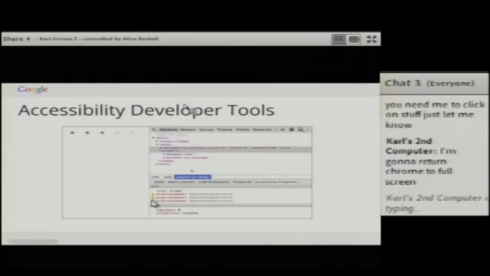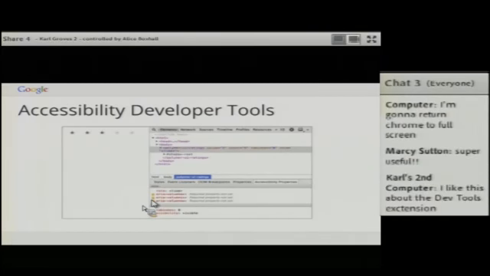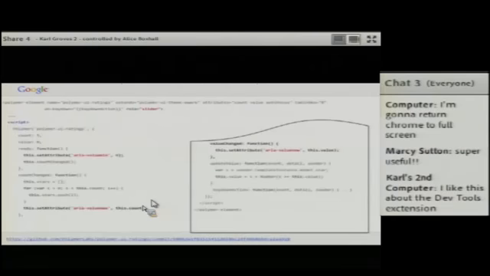The Accessibility Developer Tools extension will actually give you information about your ARIA spec compliance. So in this case, we can see that we've added the slider role, but we're missing the required values of ARIA value max, ARIA value min, and ARIA value now. And you can see also below that, it's given us some information about the focusability and visibility of the elements as well. And that works inside Shadow DOM now as well. So that's cool.